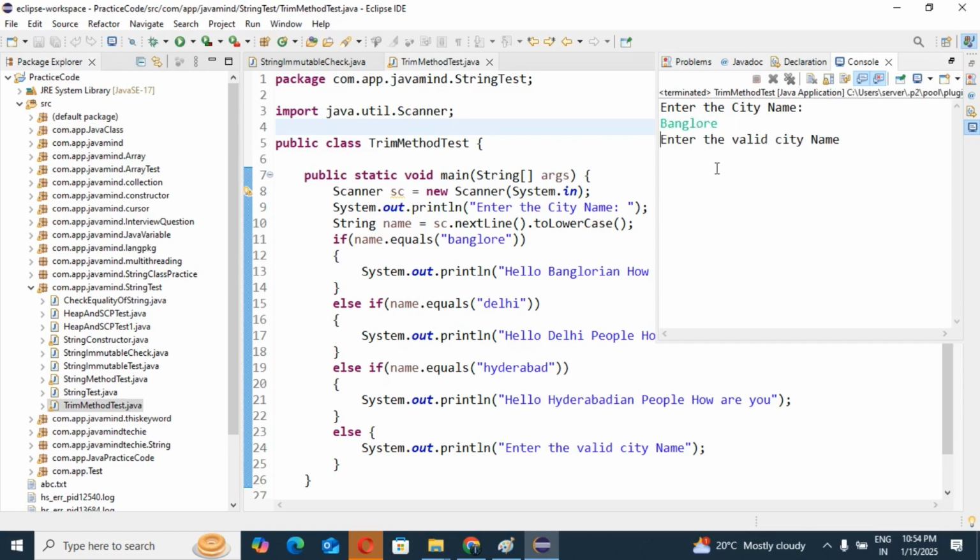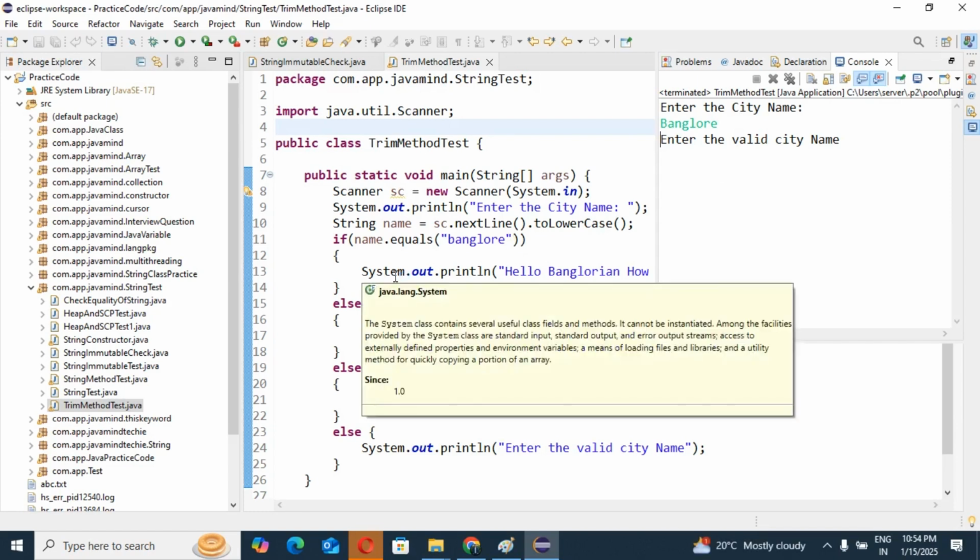See, guys: enter the valid city name. So if you give any space initially or after the city name, it will directly execute our else block, not the if block.